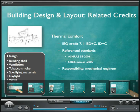The appropriate comfort level and methodology to verify compliance can be chosen using either ASHRAE 55-2004 or CIBSE Applications Manual, based on the ventilation mode chosen. The type of ventilation should be determined by the local climate, as well as the function and projected occupancy of